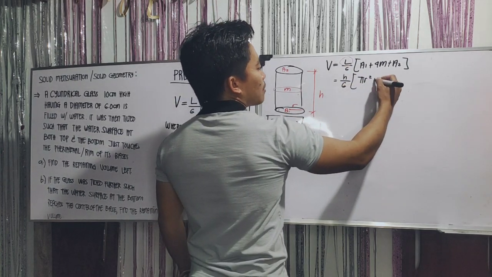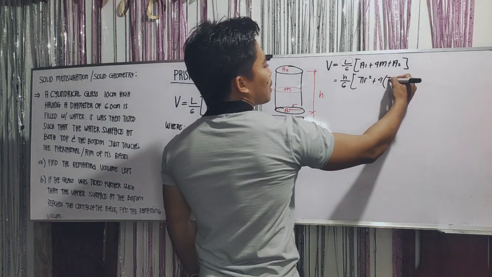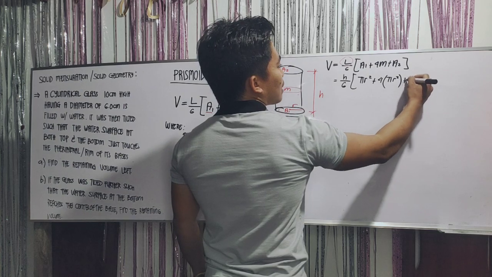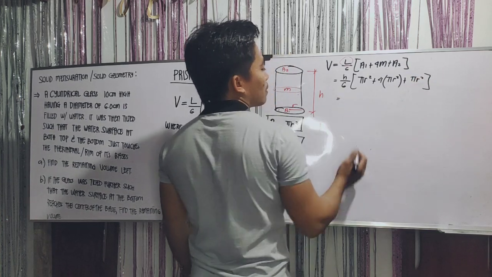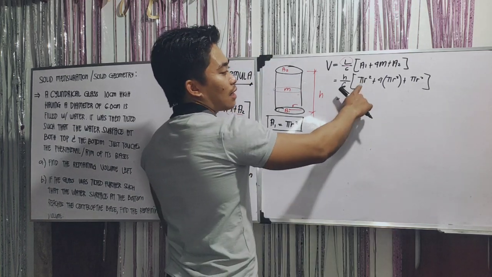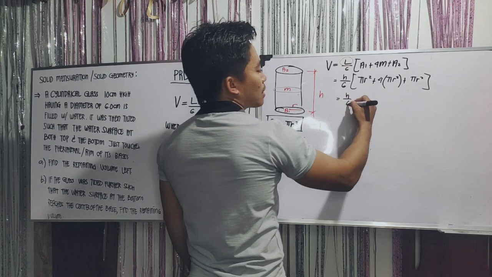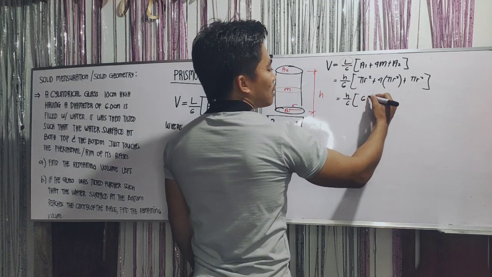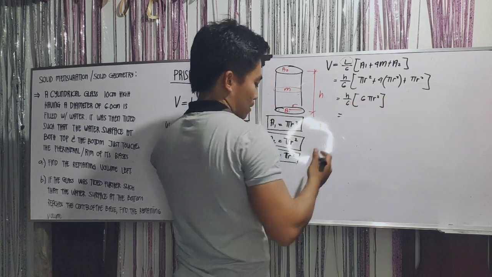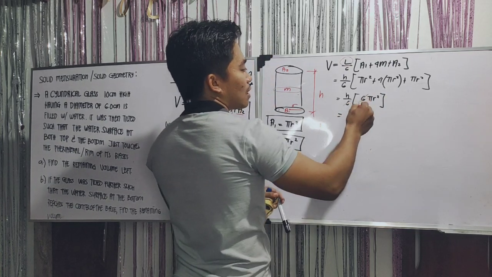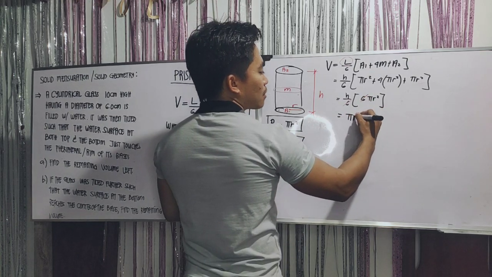Pi r squared plus, again, what is M? Of course, pi r squared din iyan. Pi r squared plus A2. Pi r squared. Now, ilang pi r squared lahat? Isa plus 4 plus isa. Ilan lahat? 6. So, H over 6 quantity, 6 pi r squared. So, 6 over 6, makakancel lang. So, what will happen? That is just simply pi r squared